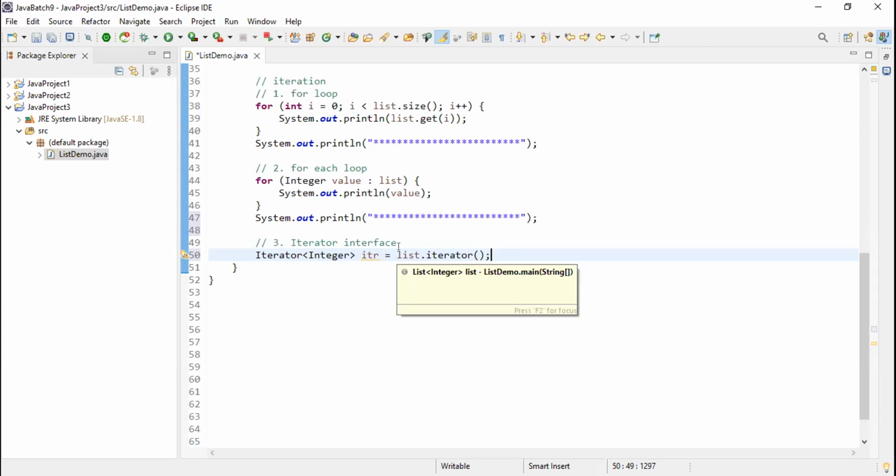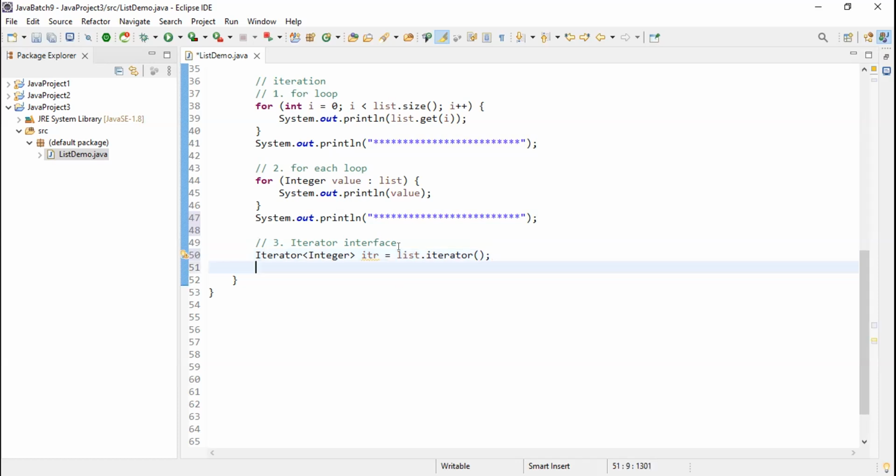Only a class can provide the implementation for it. So it provides how you want to iterate over a list, and it returns an object of a class which is implementing the iterator interface. Now this iterator interface has a method